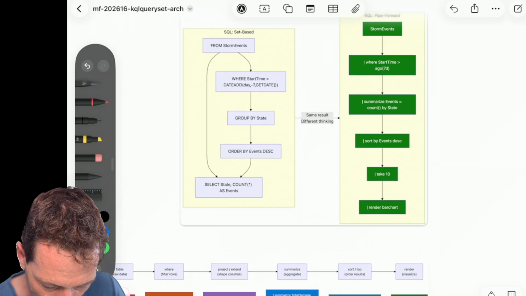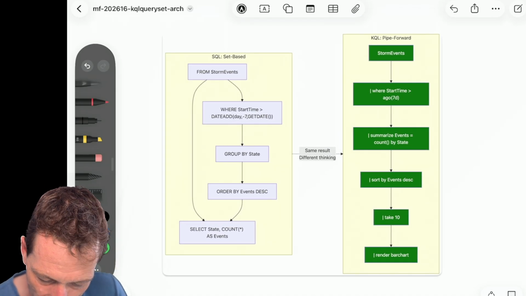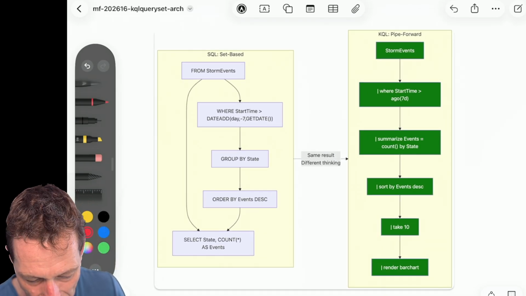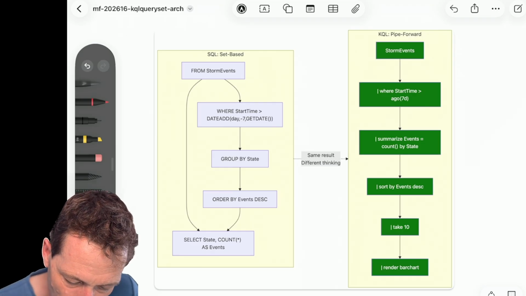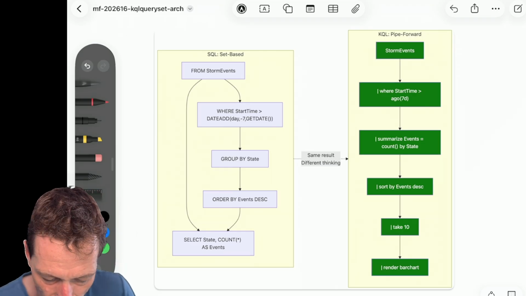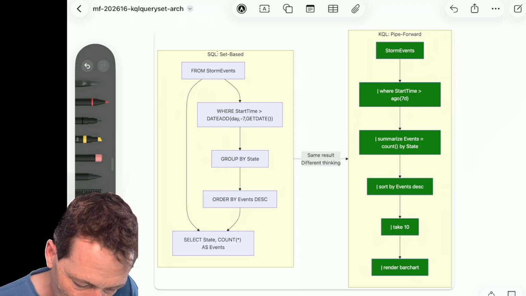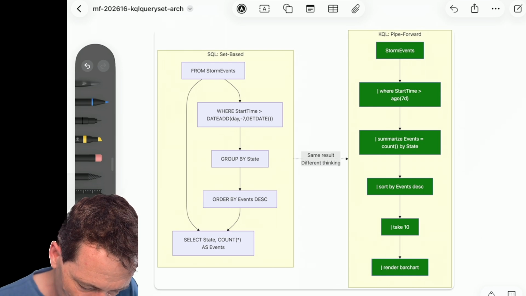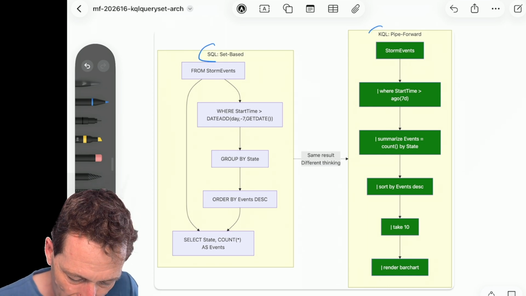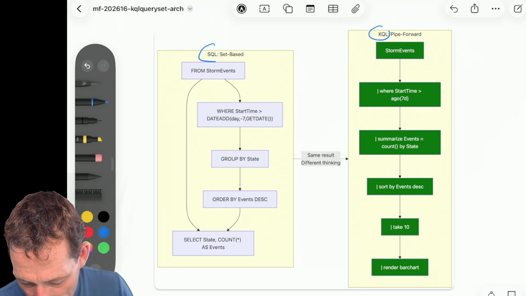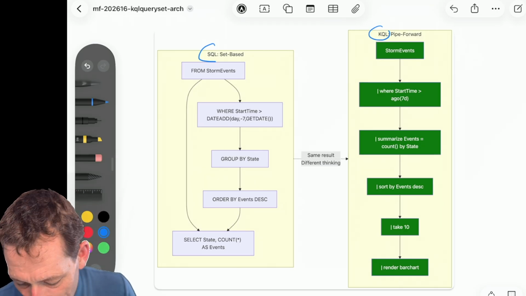There we go. I found it. Well, next time I will draw again, but I think you get the idea. It's quite a lot to draw and write. So on the left side we have SQL, and on the right side we have KQL, and both assemble the